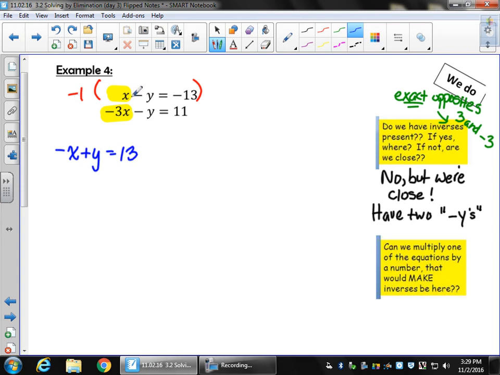Because -1 times x is -x. -1 times a -y makes this become a positive y. And then a -1 times a -13 is a positive 13. We are going to leave the second equation alone. Not going to touch it. Because now when I look, I have my inverses. So we accomplish this by multiplying